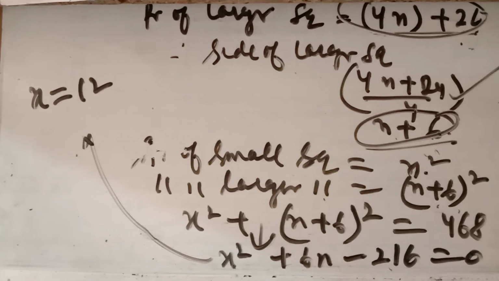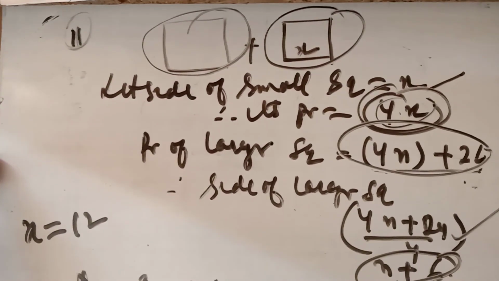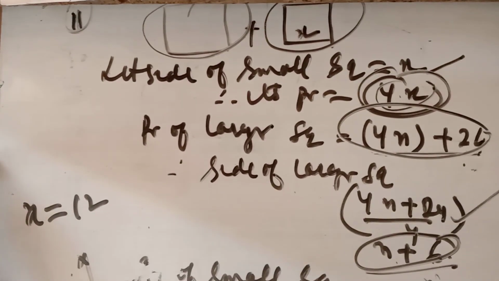So this is the completion of exercise 4.3 of your NCERT book, and the last exercise of the NCERT book is based on the nature of the roots of the quadratic equation. Nature of the roots of the quadratic equation means how can you say about the roots, whether they are real or non-real, without solving it, by finding the discriminant of the quadratic equation.